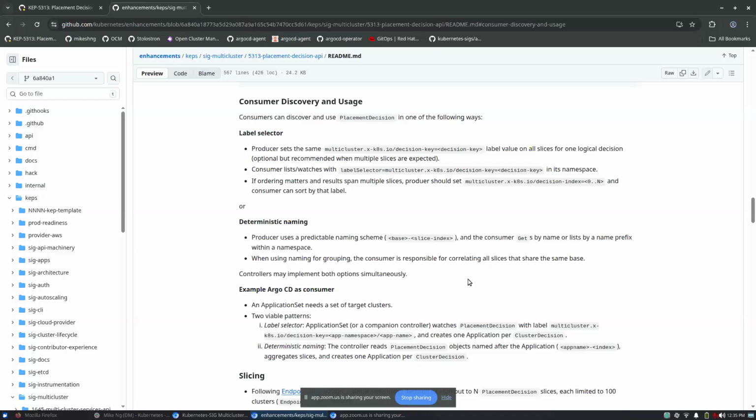That's the main thing I highlighted in this new section, consumer discovery and usage: consumers will need to either use the label to gather all the decisions, or use the actual name of the placement decision itself to get the target cluster results.